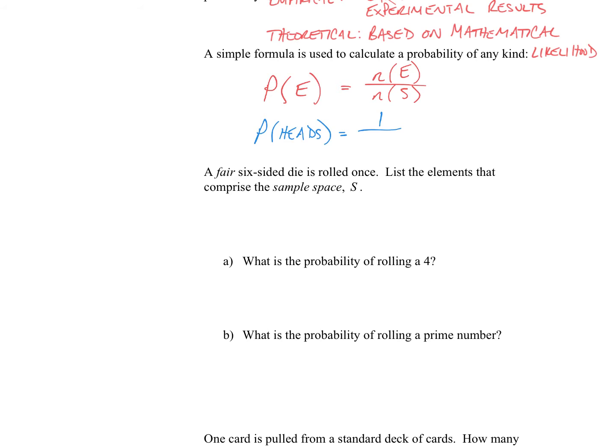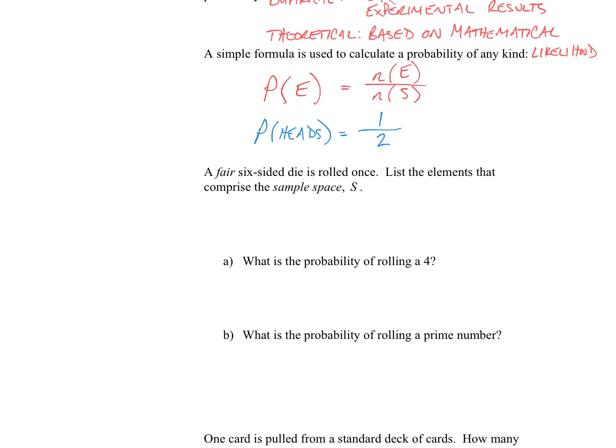And how many things could happen? Which is to say, what's the number of elements in the sample space? Well, 2 things could happen when you flip the coin. You could flip heads or you could flip tails. So the number of elements in the sample space is 2, and the number of elements in set E is